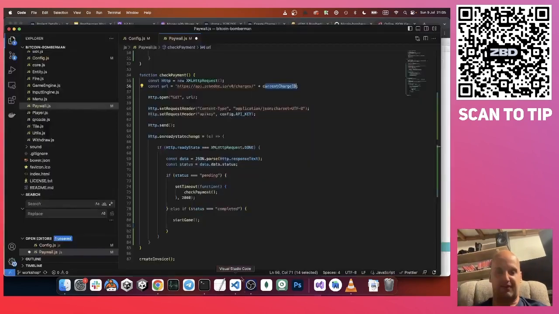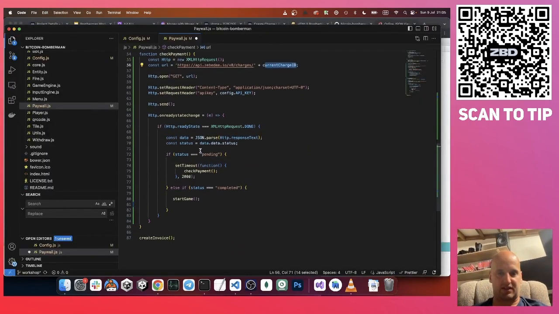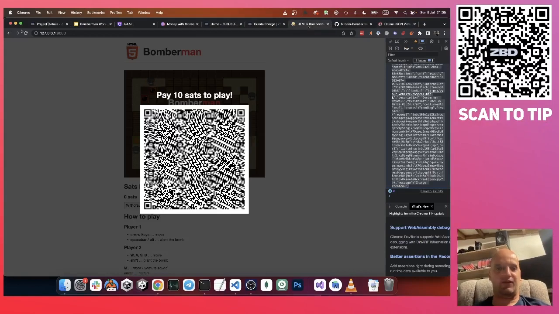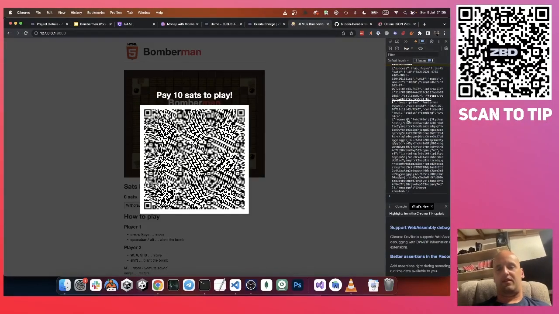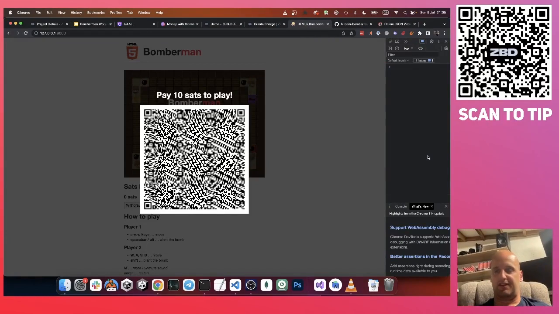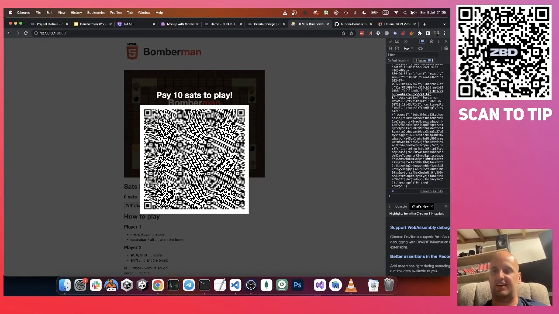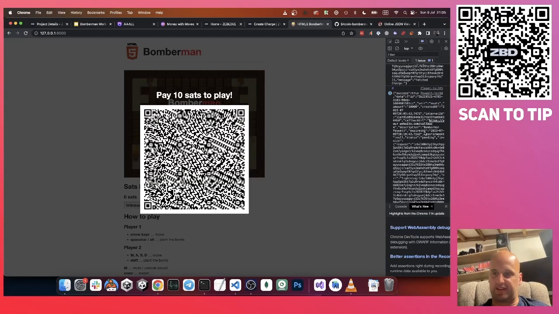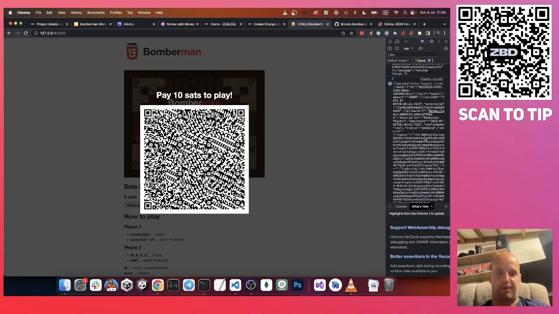So we can actually have a look at this. Let's log out the response text as well. Okay, and if we reload, we should see every 2 seconds. Yep, it's getting the charge details. Status is pending. But if we pay this one now, it should in a second or two. Yep,